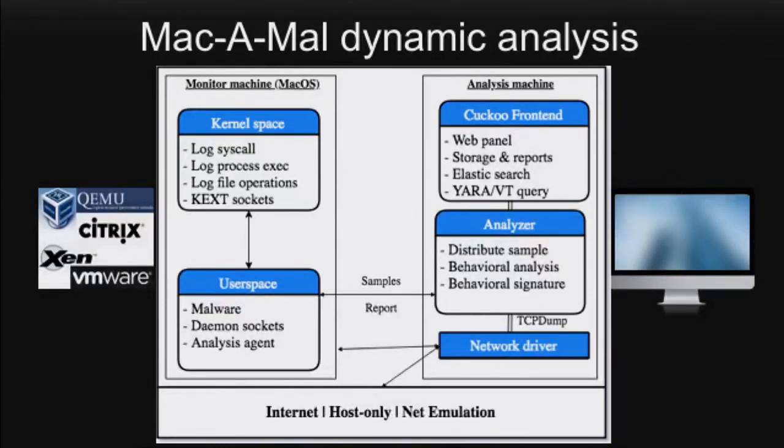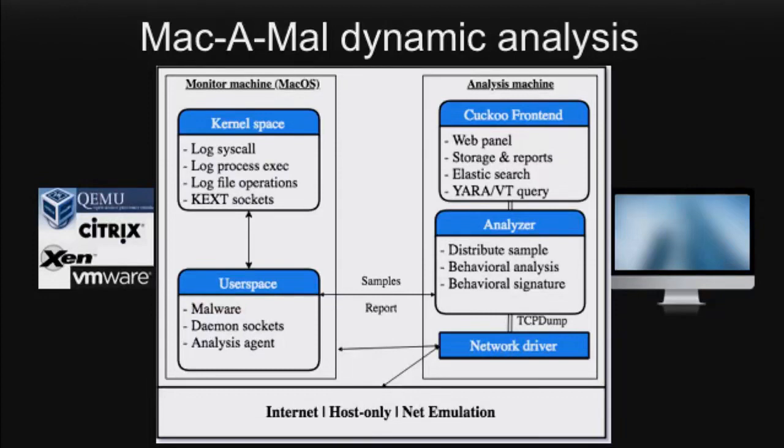It has a web panel to interact with analysts, and it stores the reports in storage. It also supports Elasticsearch as well as Yara and VirusTotal queries. And there's an analyzer responsible for sample distribution, and it does behavior analysis and behavior signatures. And it can send the samples to